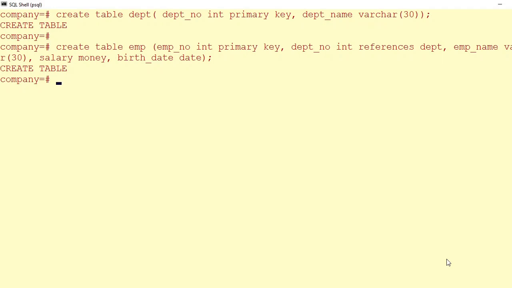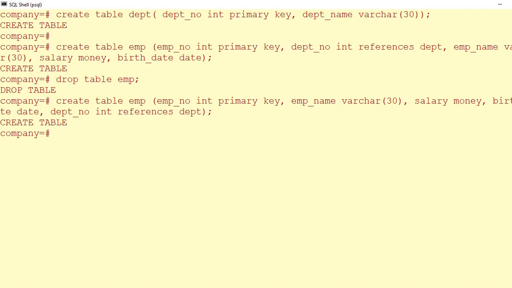Department number is a foreign key which references the primary key of table department. Then the next fields are employee name, salary, and birth date. So employee number, employee name, salary, and birth date are the fields of the employee table, plus department number is a foreign key.